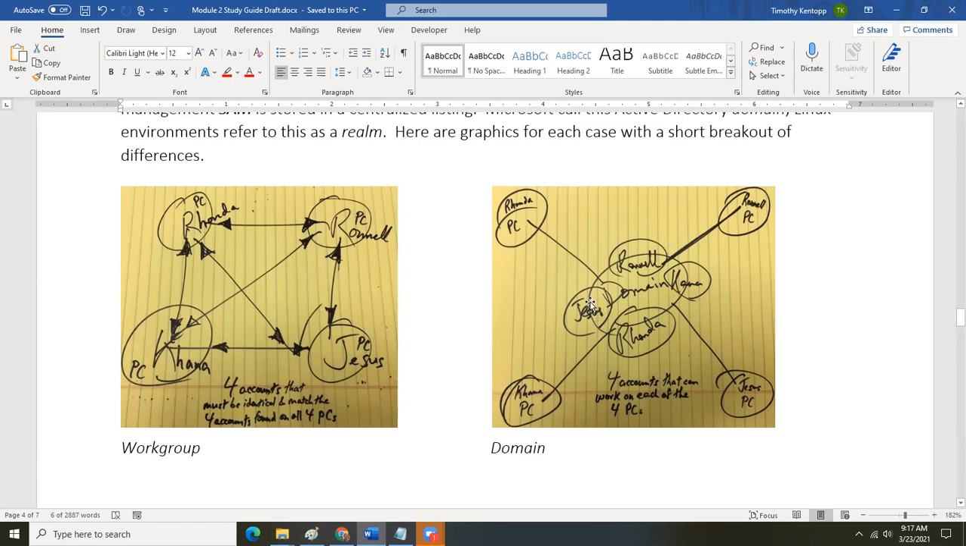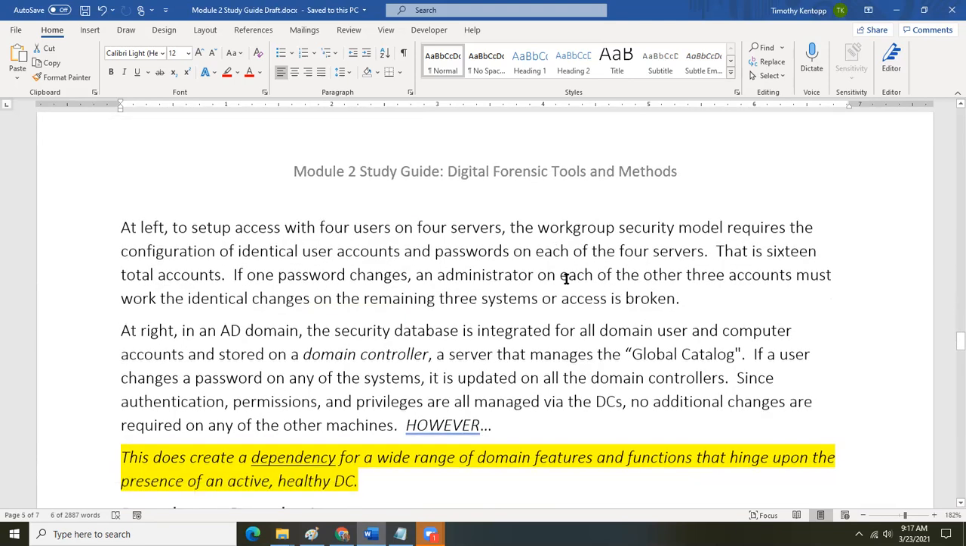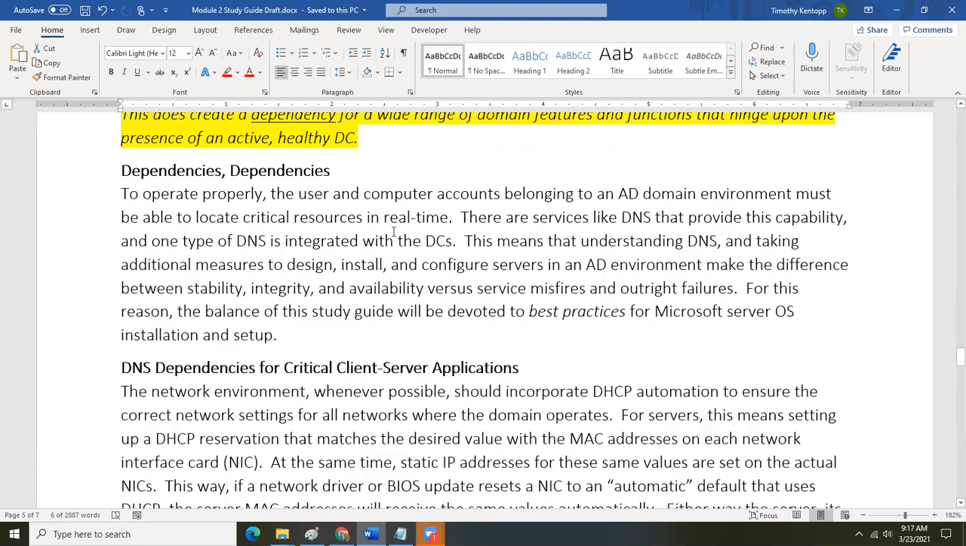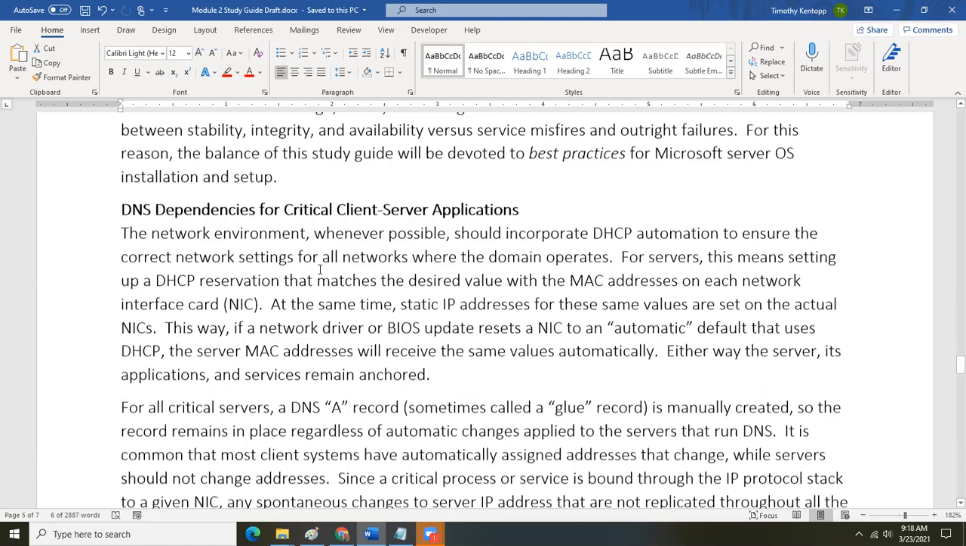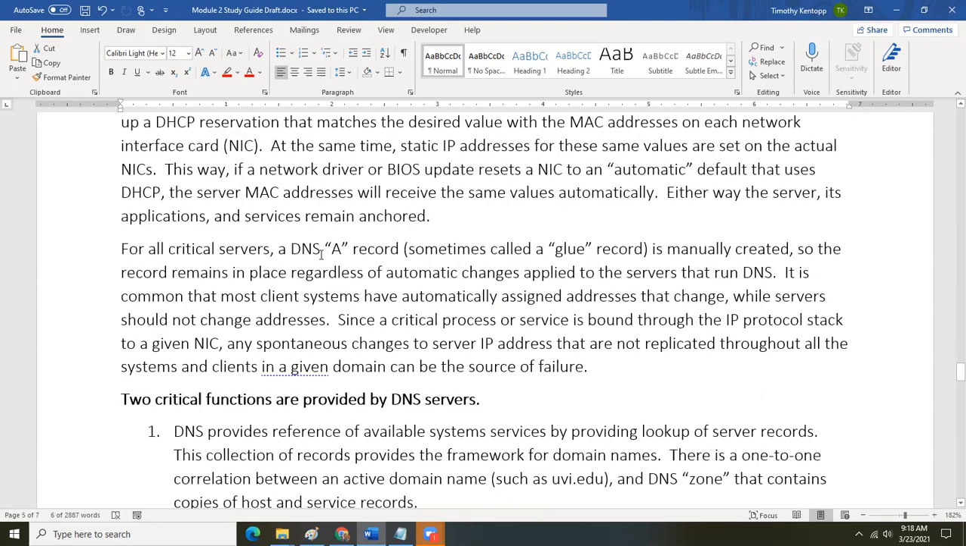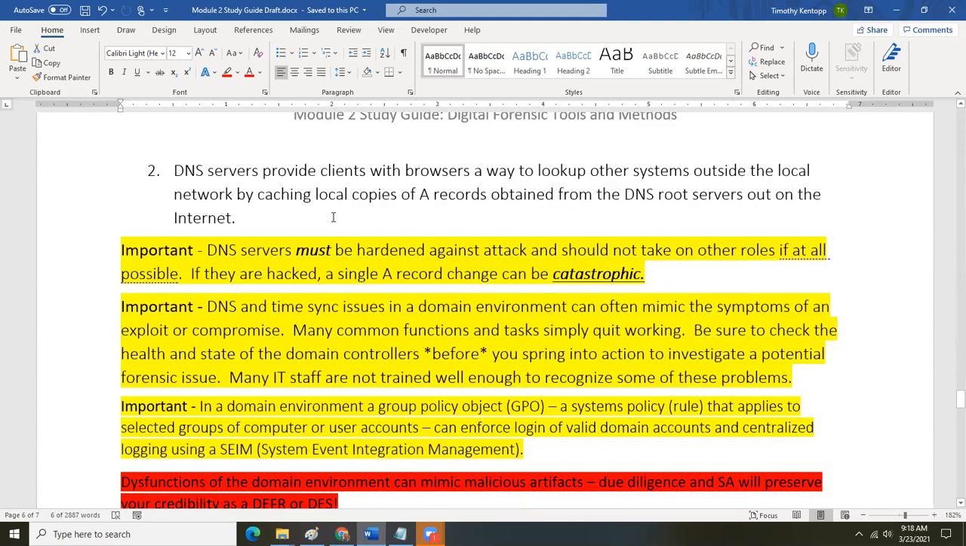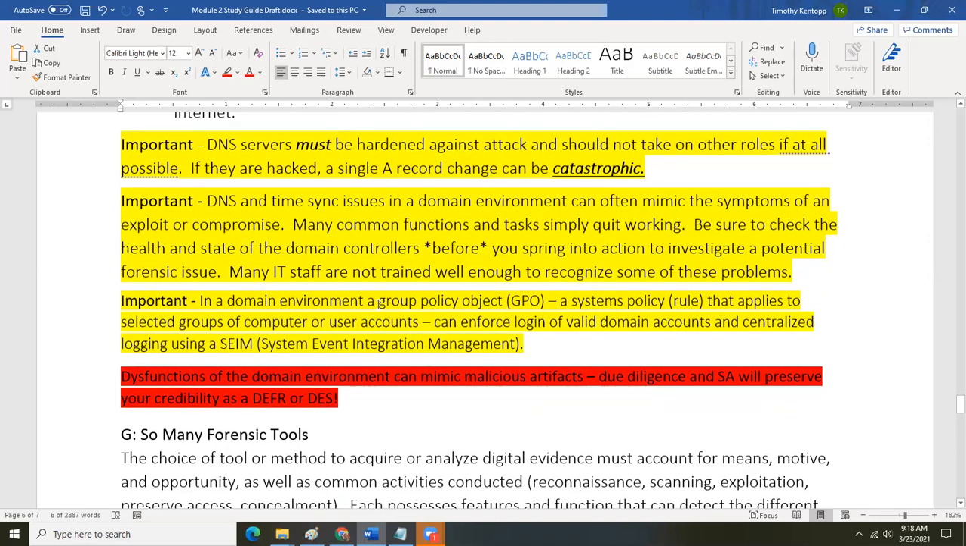Or in the case of a group policy object, and this is something that we explain in more detail in the study guide, we have domain name system dependencies, and then we have these group policy objects, which are systems policy rules. The important thing to understand is that a group policy object in a domain security account management model or scenario is when the IT, the technical people, say, hey,